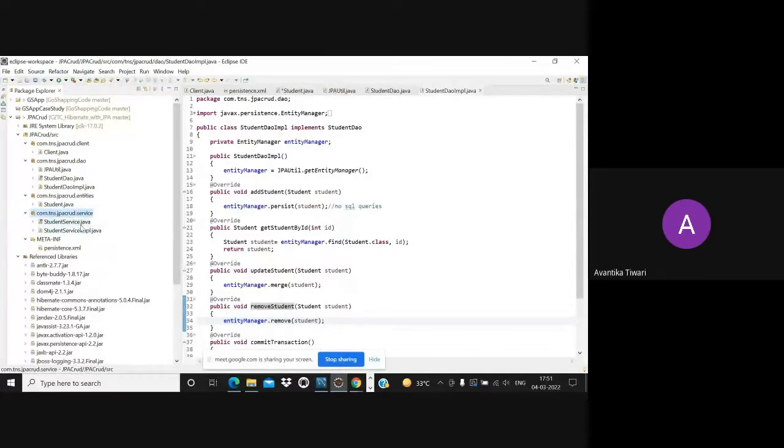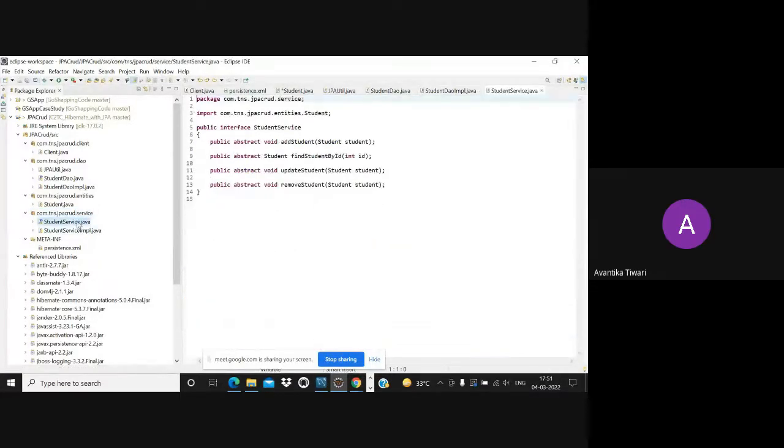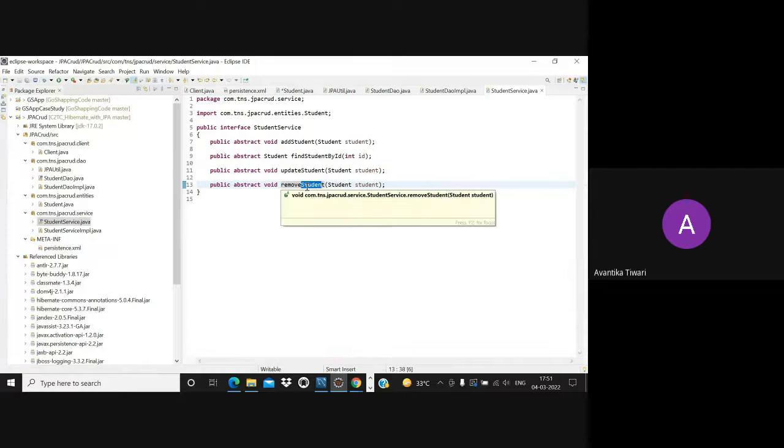In this services package, we will maintain one interface. In this interface, we will have abstract methods: add student, find student, update student, remove student, because we don't want the end user to be aware of persist, find, merge, remove, all those things.